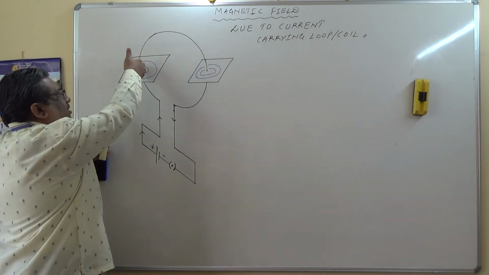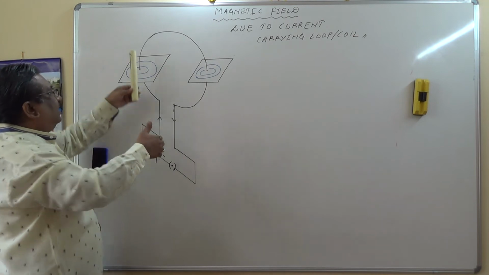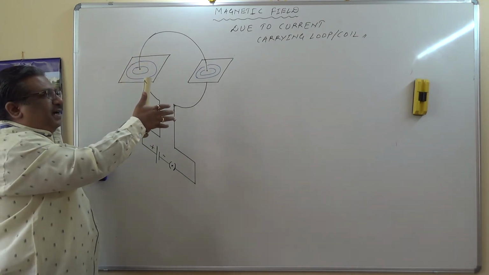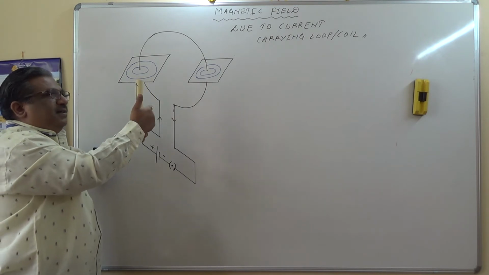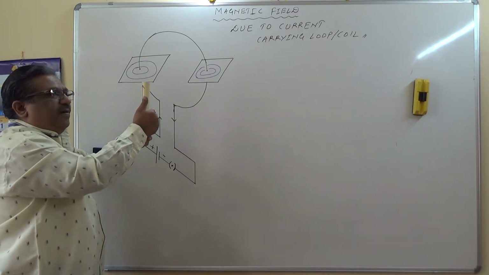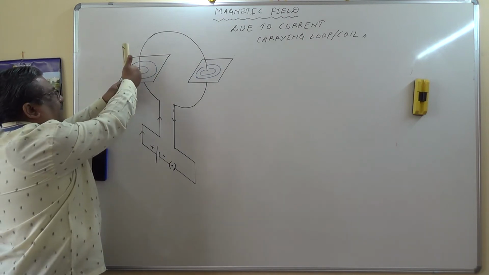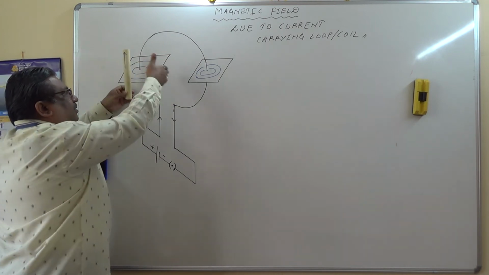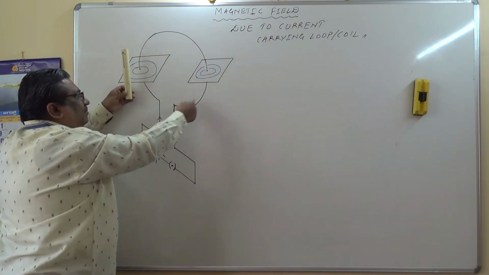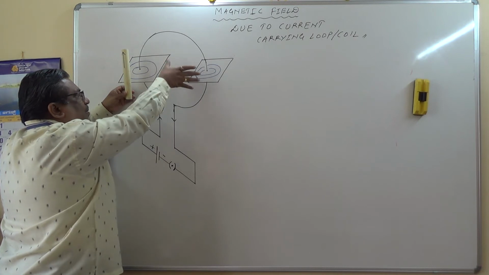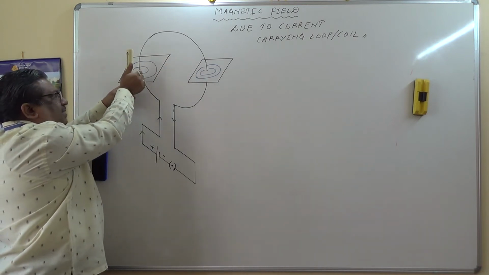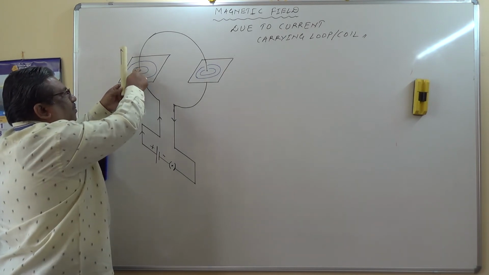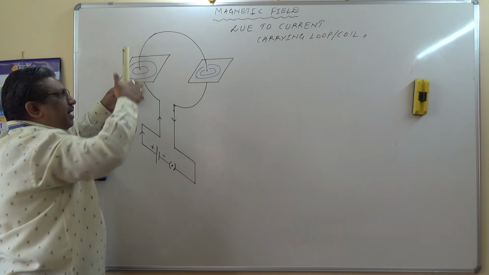Imagine that we are holding this coil in our right hand, something like this, with the thumb pointing in the direction of the electric current. In that case, the curly fingers will give the direction of magnetic field lines like this over here. That means the field lines are entering into this loop. If you look at this, this is the space inside the loop. See here, I can say the field lines due to this coil at this point are entering into the board,